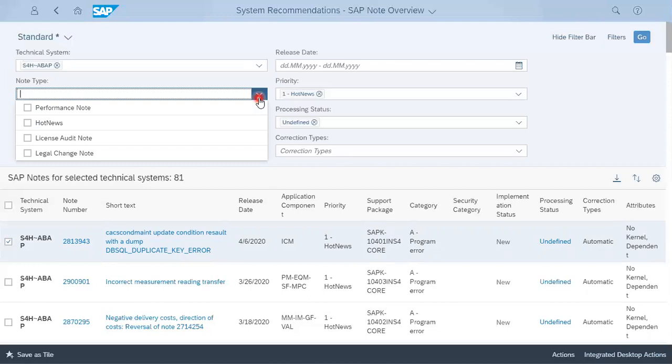As there are no security notes available in your system to implement in S4, that type is not showing here, but it can be shown in your landscape. So this is how you can download and implement these notes across your landscape to keep every object in sync.